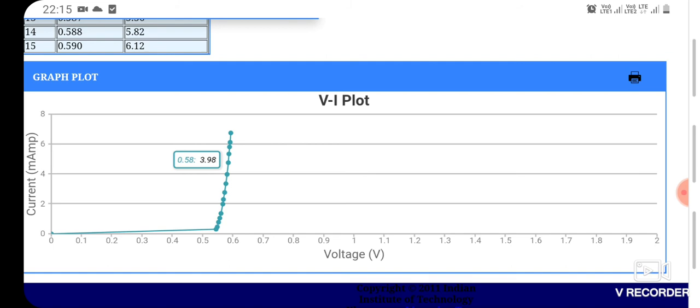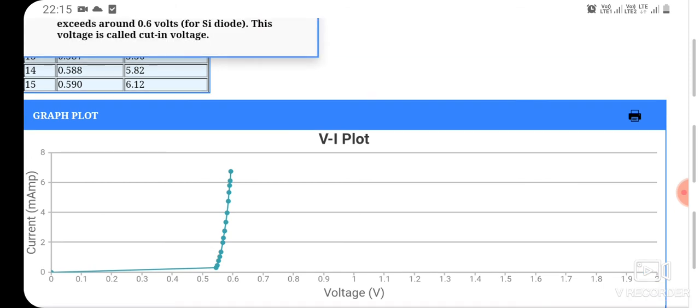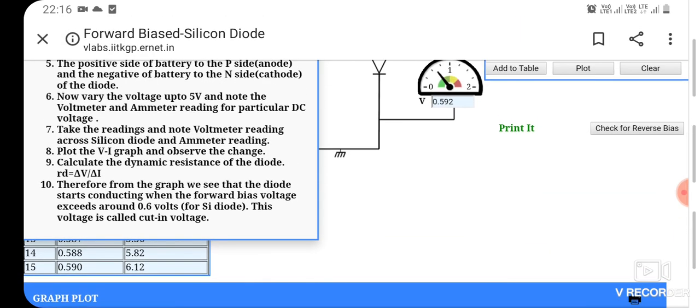So if you subtract the voltage, that is 0.57, and the previous one 0.557, you will get the value of del V. Similarly, if you subtract this current 3.37 milliampere minus 1.38 milliampere, you will get the value of del I. So if you divide del V by del I, obviously you will get the value of the dynamic resistance of the diode. So from the graphical plot you can do it.